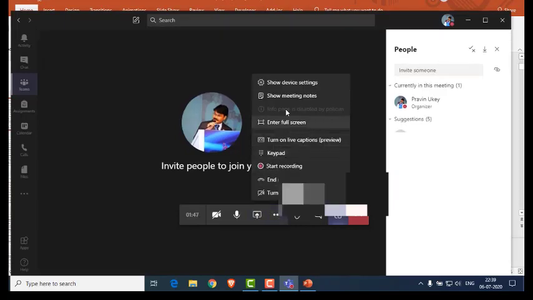Then with the more actions, you can see there are many options available, like show device settings, show meeting notes, enter full screen, turn on the live captions, keypad, start recording and meeting, turn off incoming video. So the main option which is useful for us is start recording.